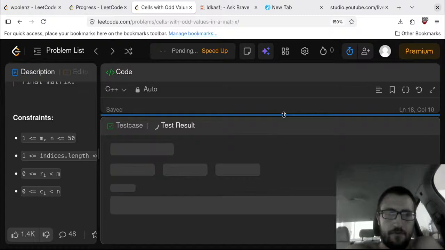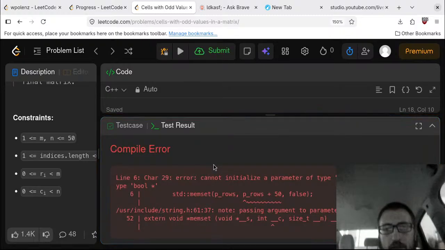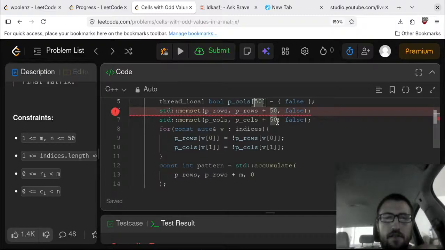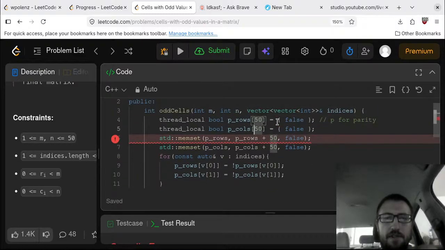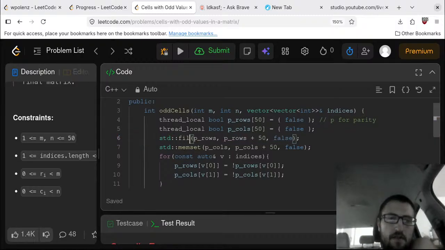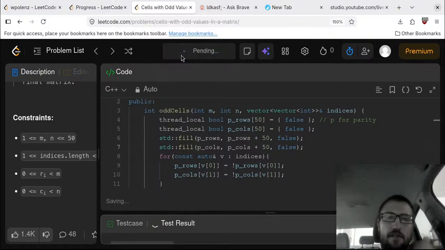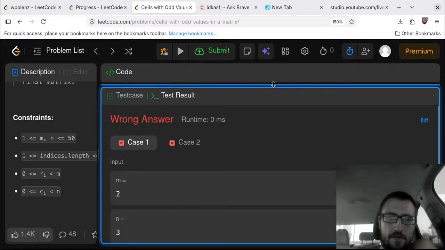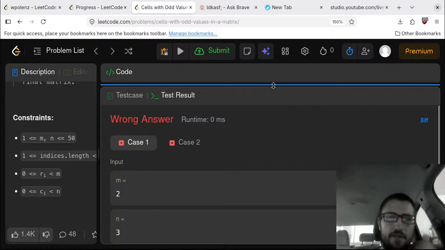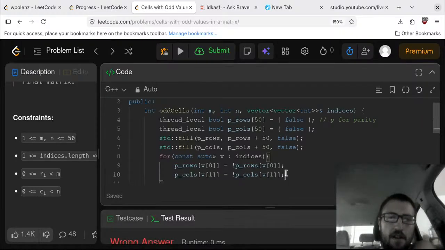Let's see. Okay. Int. Got it. Memset false. Yeah, that doesn't work if he's... Memset doesn't work anymore here. I think I could be wrong. Raw. Okay. 0 expected 6. So